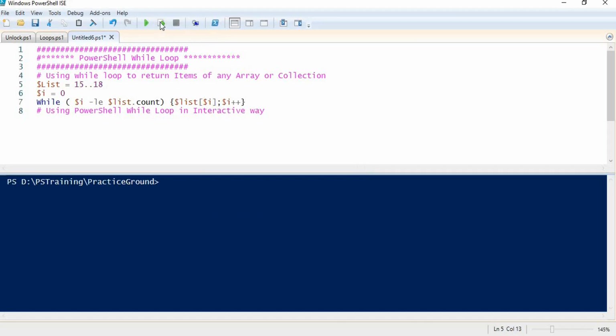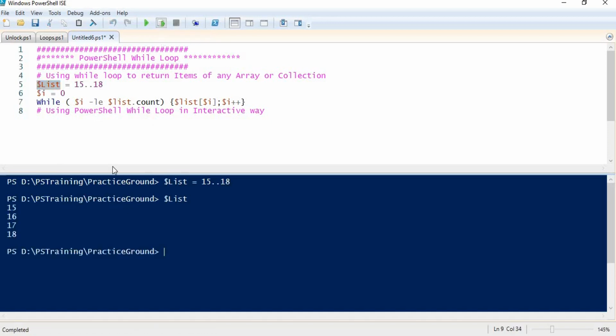Now if we try to run this block using individual commands, first let me run the first command, and as we can see, our array has been declared. If we try to list the elements of this array, we can see it is listing 15, 16, 17 and 18, right? But we need to list all these elements using the while loop. So we will go further. Here we have declared one variable with an initial value of 0, right?